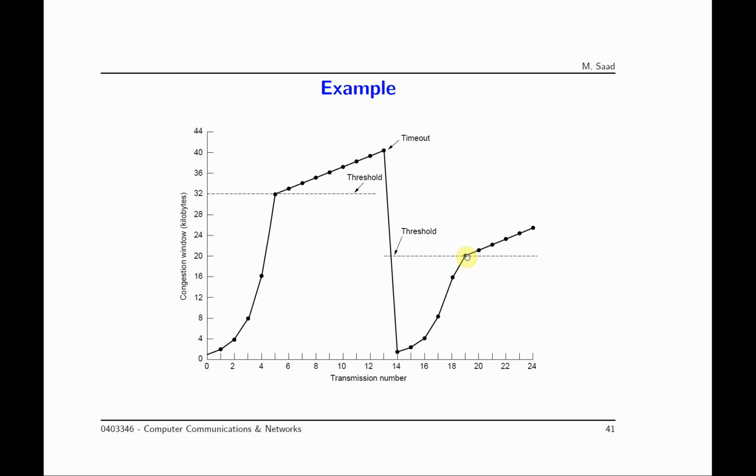If I'm sending 20 segments and receive all 20 acknowledgements without timing out, what does it mean? Does it mean congestion or no congestion? It means no congestion. Should we increase or decrease CW? We should increase. However, since we are at the threshold already, we increase by adding 1 maximum segment, equivalently adding 1 kilobyte. So the 20 becomes 21, 22, 23, 24, and 25 kilobytes,